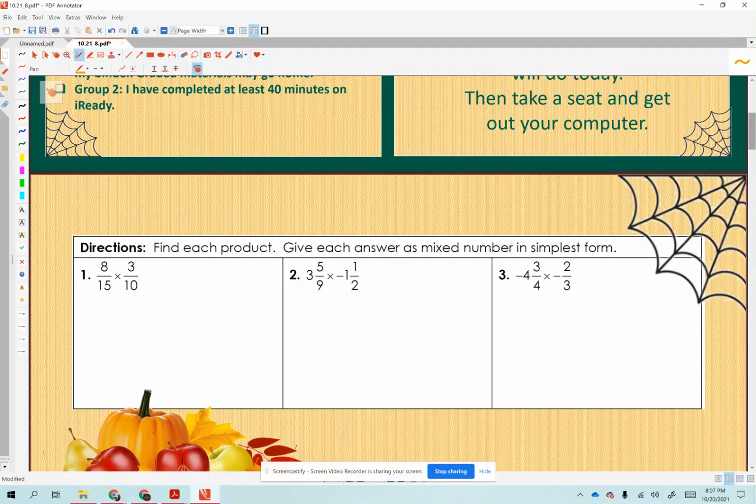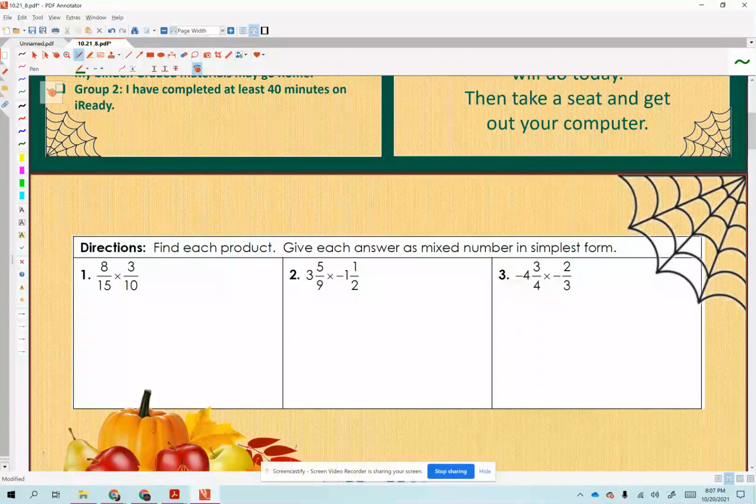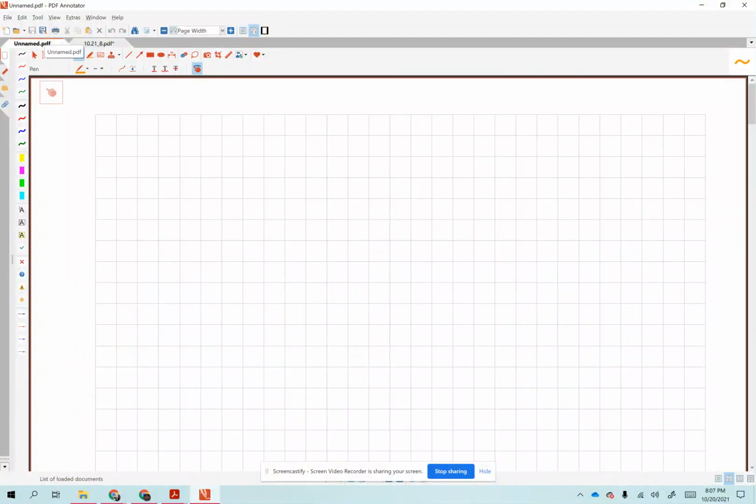So we have 8/15 times 3/10. You can make this problem simpler by looking at those diagonals, and let me get a darker color so you can see this. I'm going to rewrite problem number one on the next page, and that is 8/15 times 3/10. Smaller numbers are much easier to work with. So we're going to look at the diagonals,